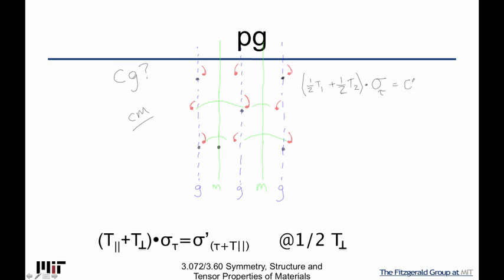Remember, that's going to equal sigma tau prime at T perpendicular over 4. If we call this T1, right? So that would be T perpendicular over 4, right? But if we look carefully at what we had said, this tau prime, oops, sorry, wrong one. This tau prime